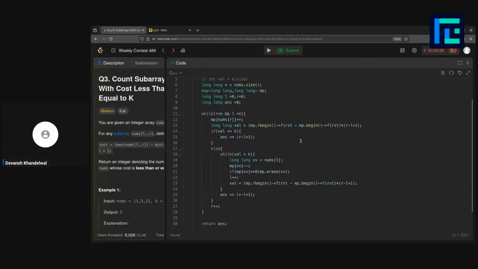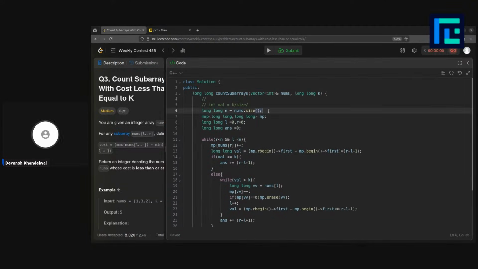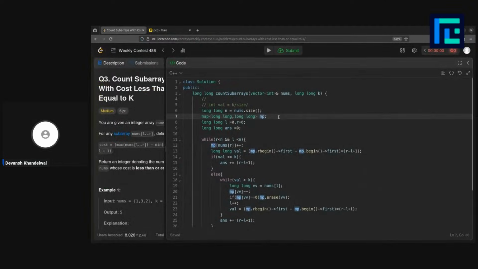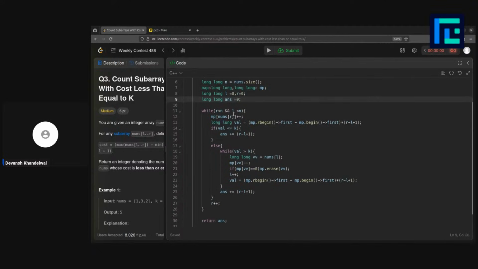Yeah, so this is basically, I'm just pointing out the size of the subarray. This map is basically storing all the elements, right? Because this map is going to sort all the elements by the key. So we can find the maximum element and the minimum element in logarithmic time complexity, or we can find it quickly, right? So here, first what we did, we made two pointers L and R,